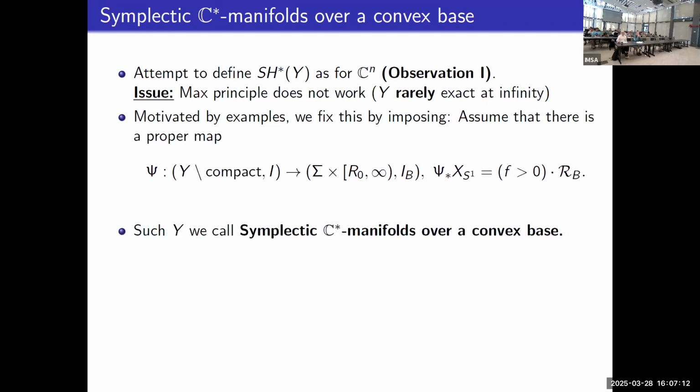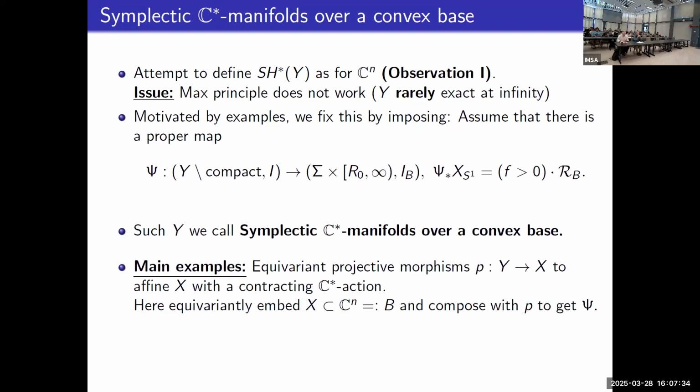And then, as for the name, we coined this a symplectic manifold over a convex base, because this is what we usually call symplectically convex. So, altogether, this reasoning tells us that for these manifolds, the story that we get for C^n actually works. So you can define these Floer cohomologies. And the main examples of this,